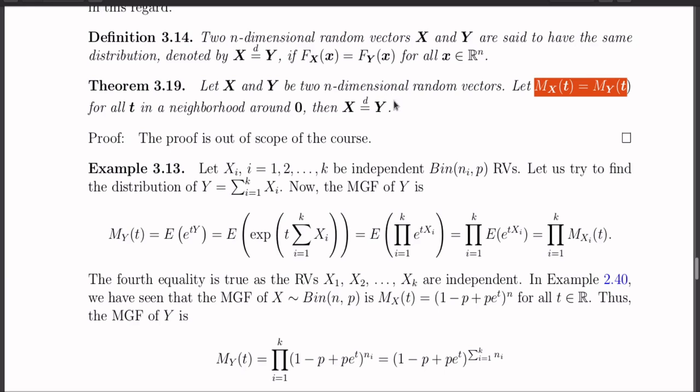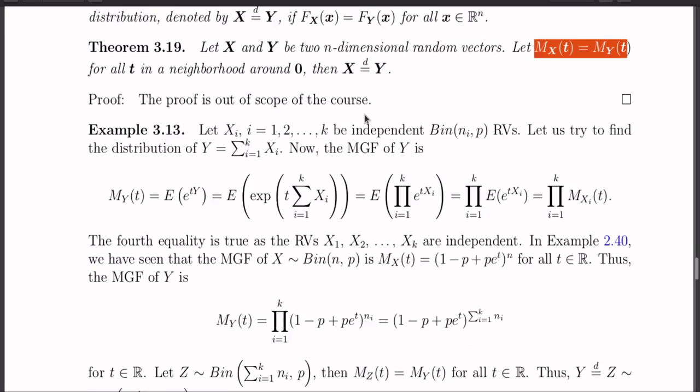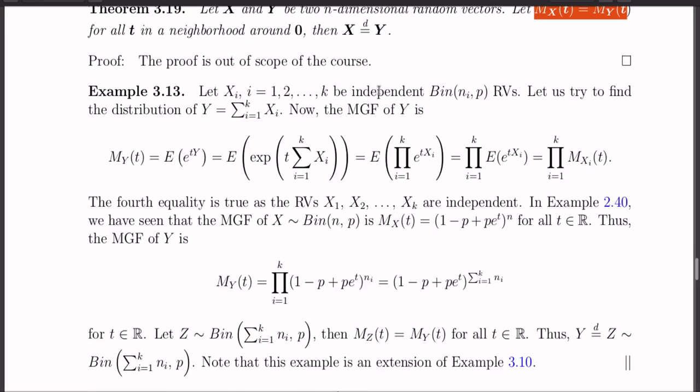And this theorem again we can use, as we have used in case of the random variable, to find out the distribution of transformation of random variables. How we can do that? Well, let us take the example